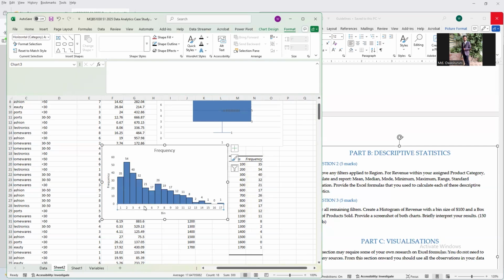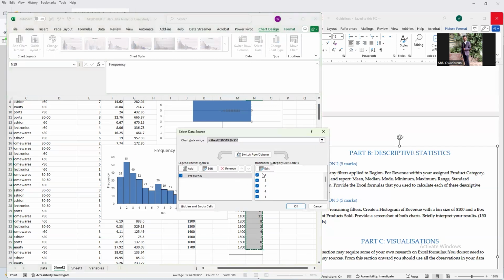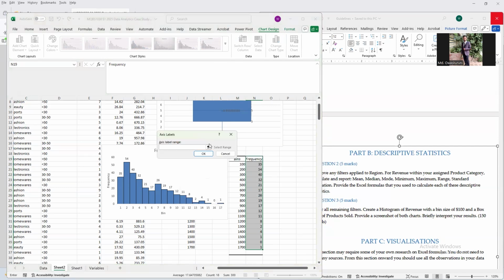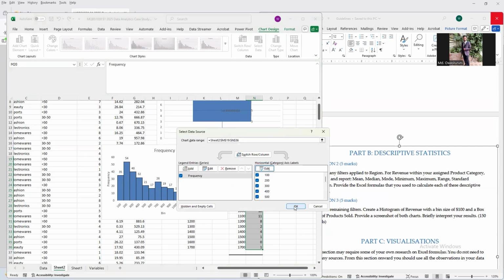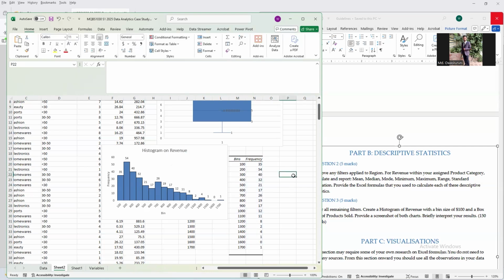Now for the bin, we can select or change it. Select the data because bin is actually our something like that. Okay, so here's the bin. Now we can write down the name for the title: histogram on revenue. Okay,